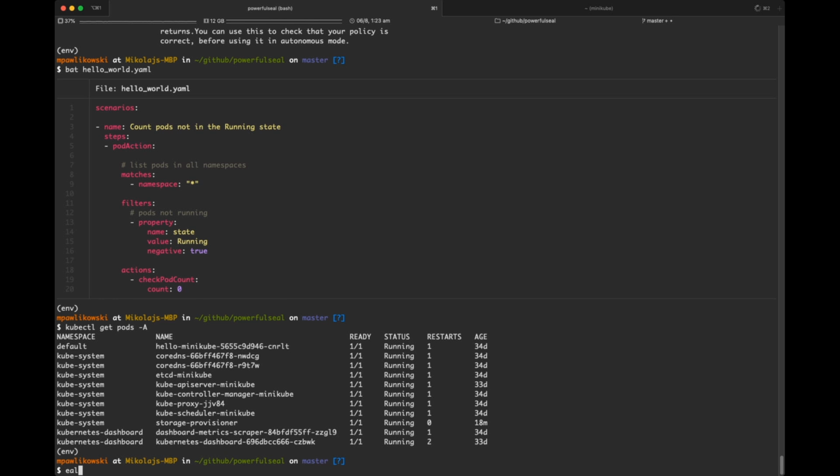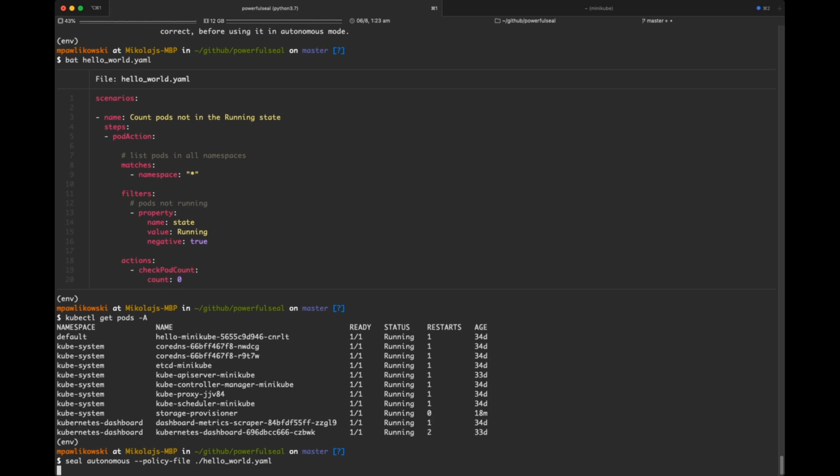So in order to run this, we're just going to do seal autonomous to invoke the autonomous mode, and then we need to specify the policy file. And this is simply done by the policy file flag.